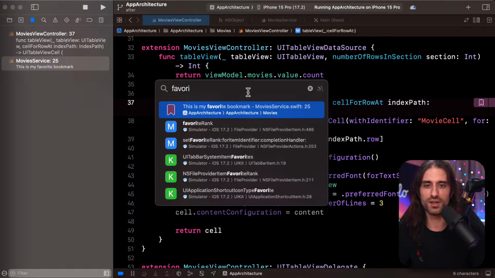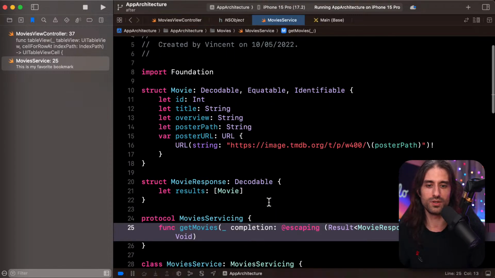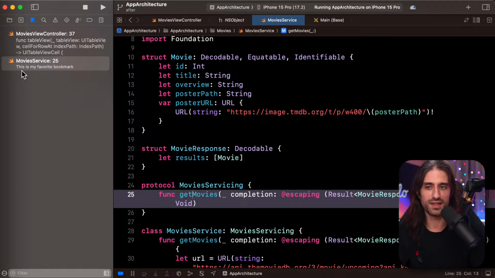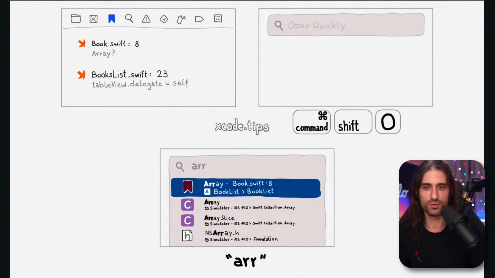So when I was telling you that Command-Shift-O is one of the best shortcuts that you can use in Xcode, and then it's going to open it. So that's good also, if you want to make it easy to search, you can add search information right here. So that's a pretty good one.